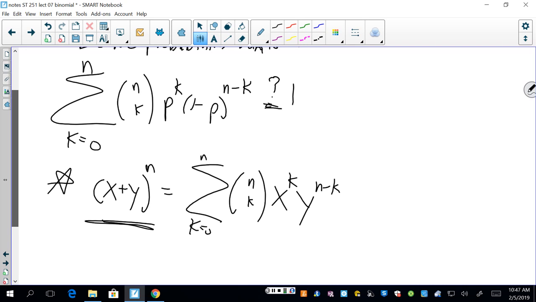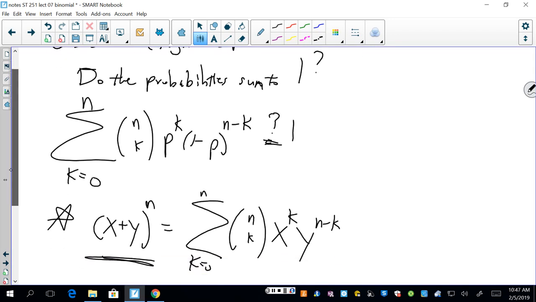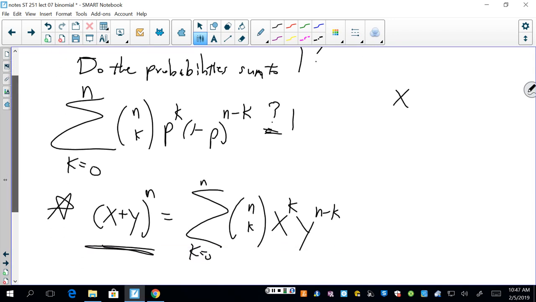What values, how do you want to equate x and y to the binomial problem we're interested in? X is p and y is 1 minus p. Yeah, right. So if x is p and y is 1 minus p,